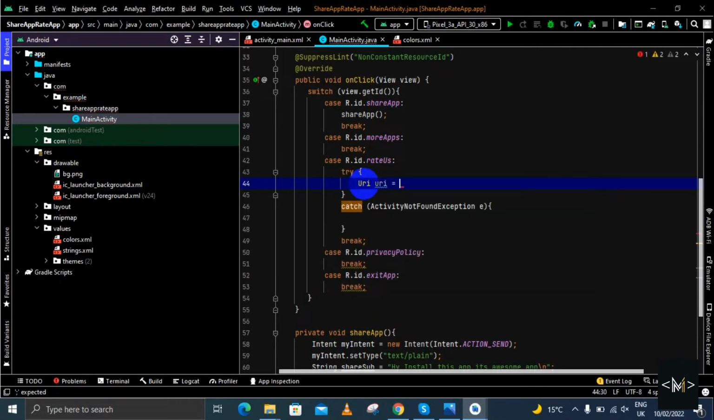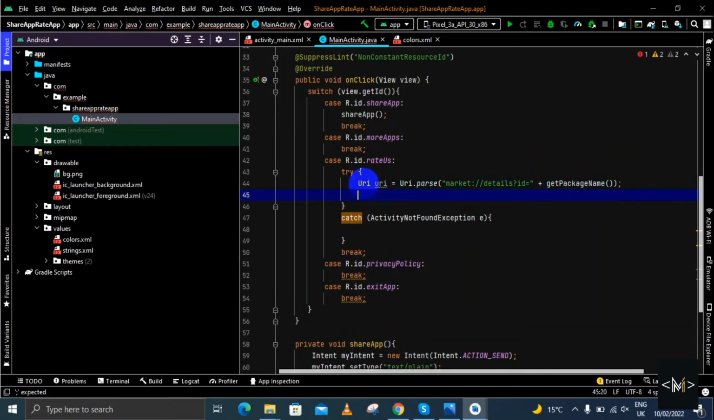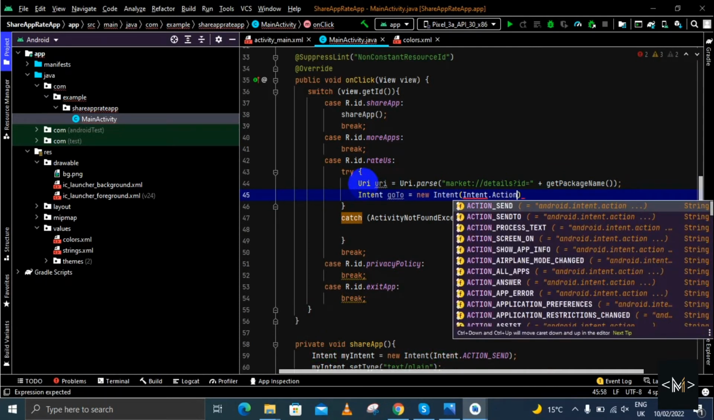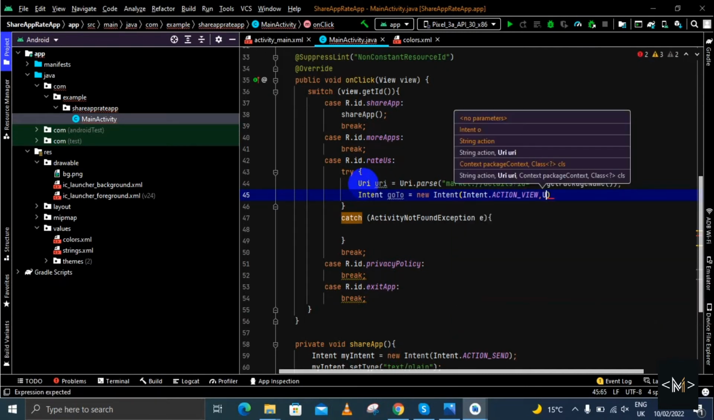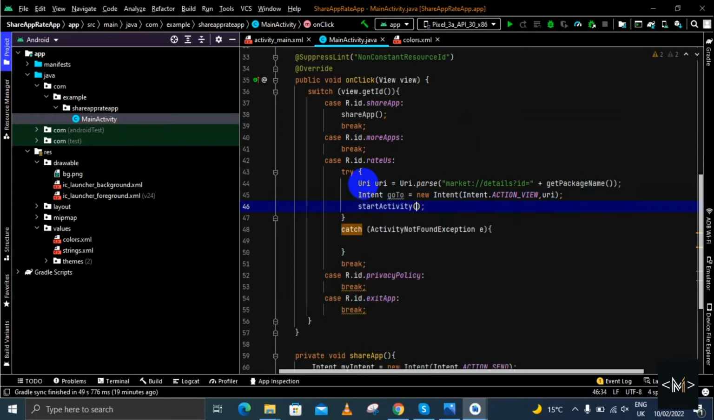and declare Uri, and then the Uri dot parse, and the string market colon double slash details, and then the id equal, and we'll concatenate plus getPackageName(); okay, colon, and then Intent goTo, and we'll create the object of this intent, and I will also declare Intent.ACTION_VIEW, and also the Uri. And we'll start this activity, goTo,